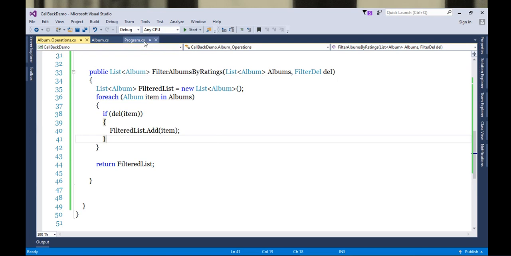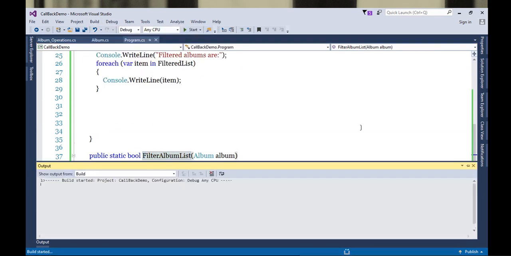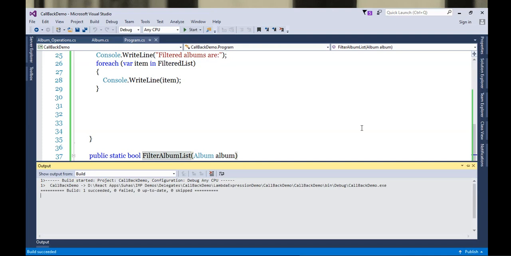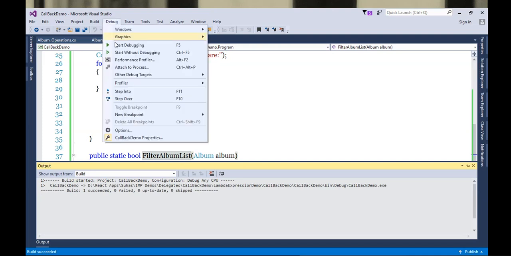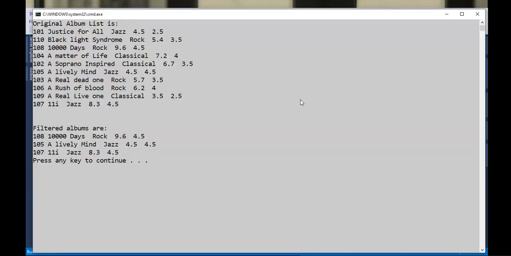So let's watch whether I'm getting the answer or not. If you run this, see, I got the filtered list. So you can watch the original list and you can compare that with the filtered list. Okay, so ratings of 4.5 are showing here, whereas rating 4 is also ignored because I wrote greater than 4.